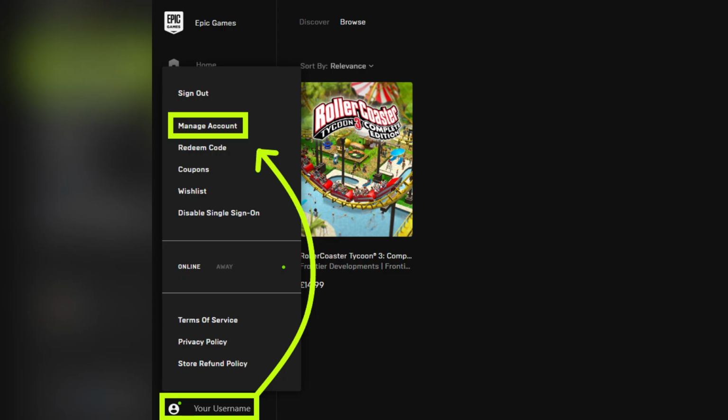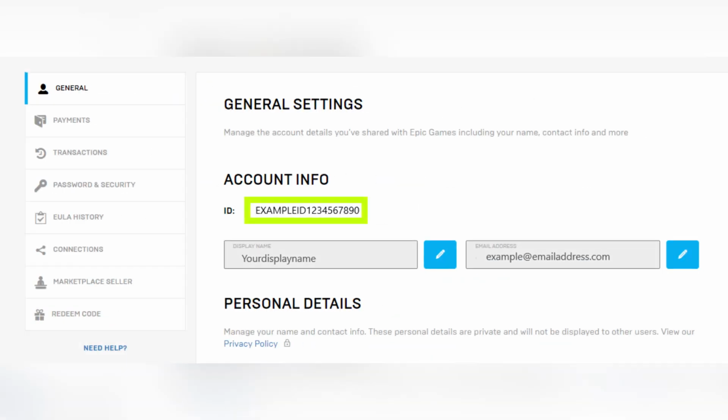If you get a message saying that your PlayStation account isn't linked to any Epic Games account, that means you may have been playing on a guest or console-only account. In that case, you'll need to link your PlayStation account to a new or existing Epic account to secure your